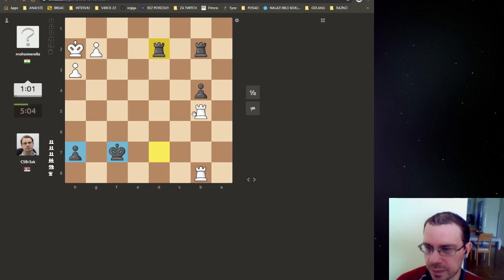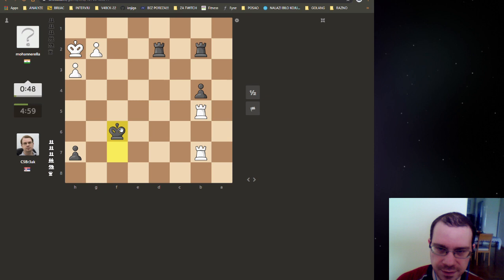So he needs to play rook g5, but now I don't care. Whatever he plays, okay, let's draw the game. I'll offer the draw. There is nothing for us to hope for, but wait a second. Wait a second, he's low on time,